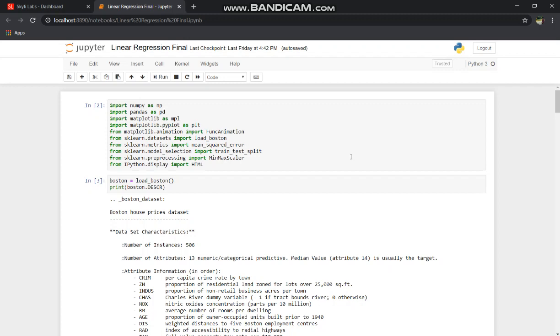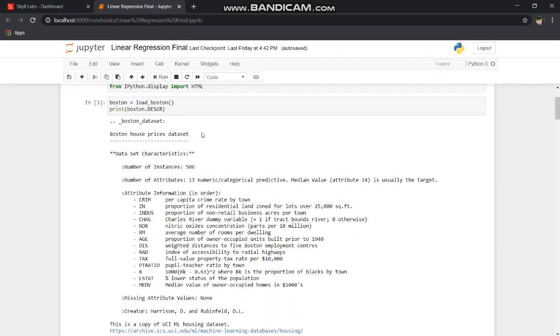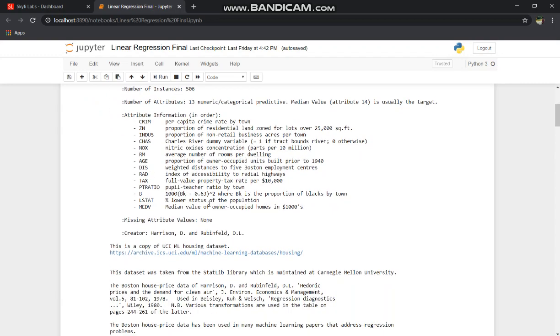First, we will be importing the data, then we will train the model and test whether the prediction is accurate or not. First of all, we'll be importing all the libraries such as NumPy, Pandas, Matplotlib, and sklearn for loading Boston data, finding the mean squared error, and splitting the data into train and test data sets. We'll be using IPython.display to include animations in this project. First, we'll be loading the Boston housing data. After printing, the Boston house prices are listed as such.